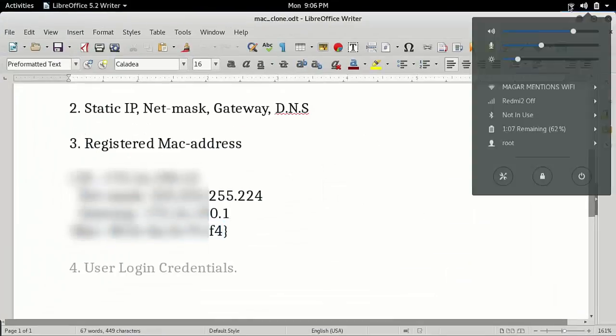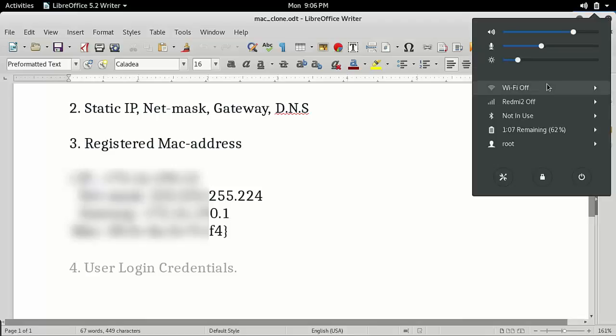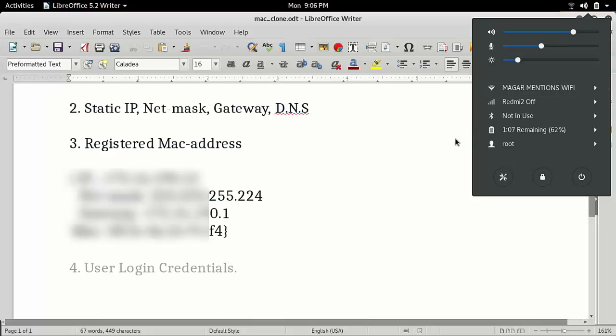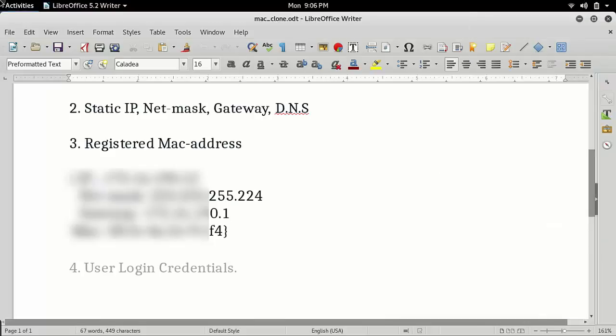Now after typing the cloned address, you have to reconnect to Wi-Fi. So I will just turn it off so that it will get all the settings. I will turn it on. Yeah, now my connection is done.